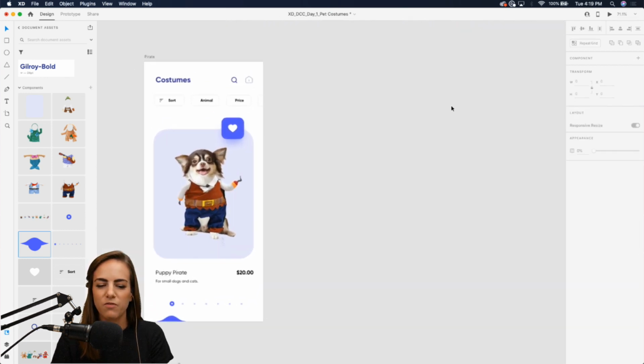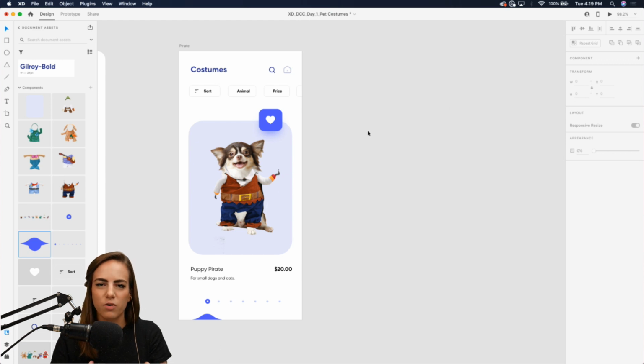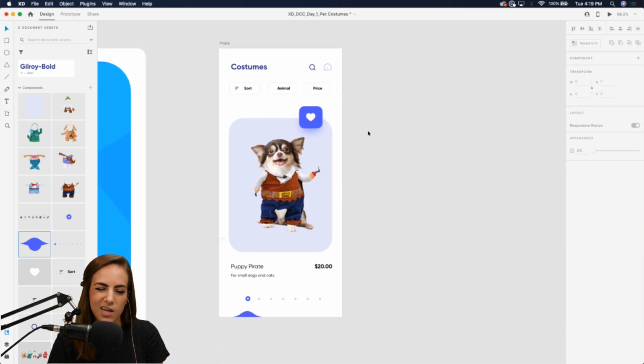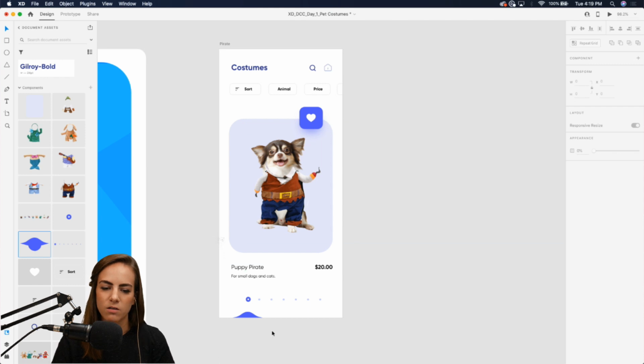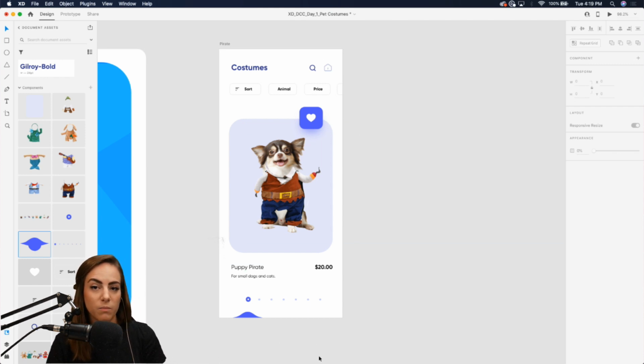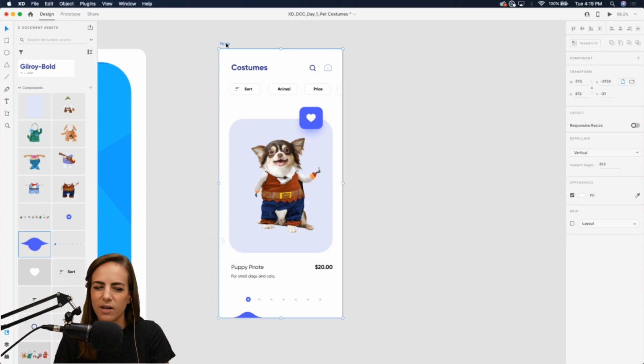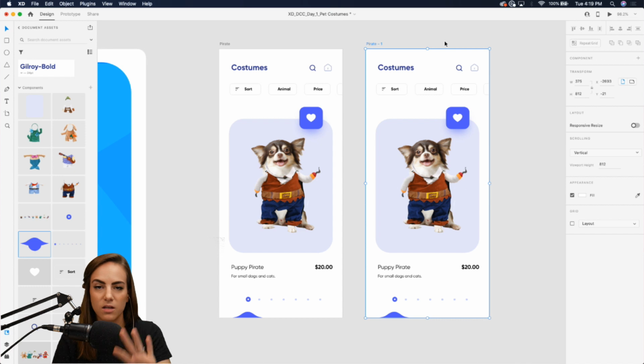Before you start copying and pasting the artboards, you really want to have everything else in the space that you want, unless it's a component, because you can change that easily. We just want everything else to stay the same from artboard to artboard from now on. So we can just copy and paste the whole artboard, and this one we will call